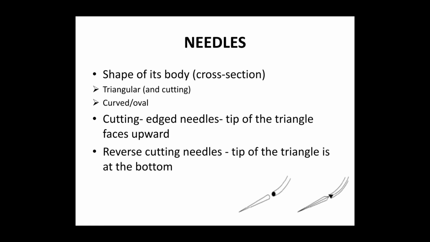The main important point is, if we are selecting for closure of the bowel or muscular tissues, it is preferable to go for an oval shape or a round body needle. If a hard tissue is to be selected for suturing, for example approximation of the skin or tendons, it is better to go for a reverse cutting type of needle, which allows thrusting of the suture material through the hard structures.